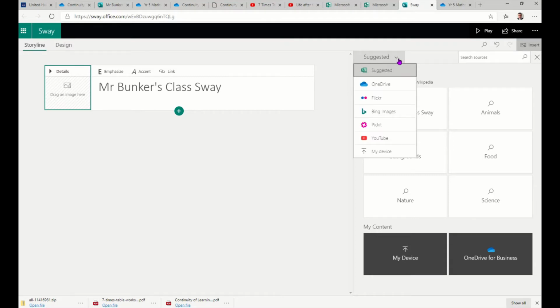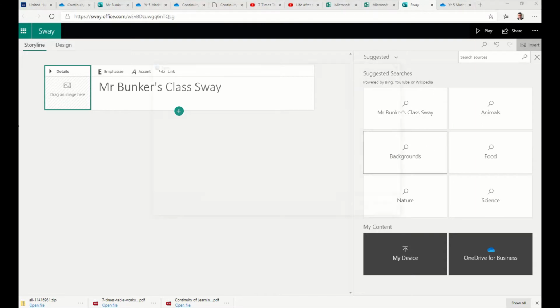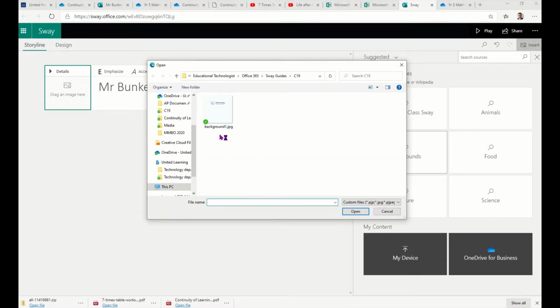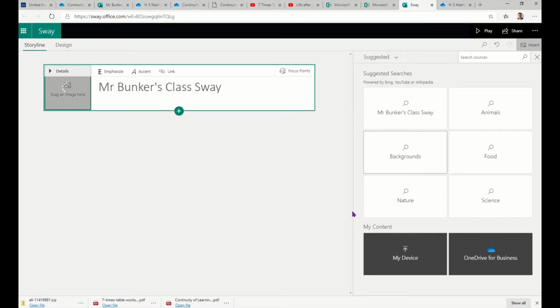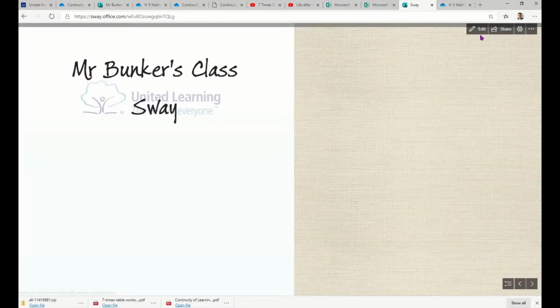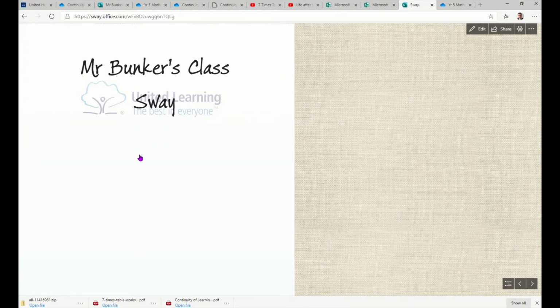I'm going to click on the suggested list and actually choose my device and look for an image on my computer, and I've just got a logo background here, and I'll open that and that will place it behind my text title. Now at this stage I'd like to see what it looks like, so I use the play button in the top right to play back that Sway, and it's chosen a particular design which may not work for